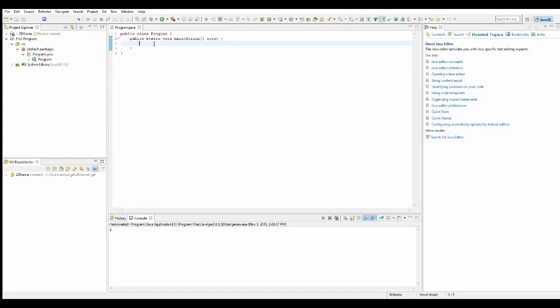So let's say int i equals 0, right? And then let's say we want to keep increasing i until i is bigger than 5, because we don't want i below 5. So then we'll say while i is less than 5. Then we'll say System.out.println